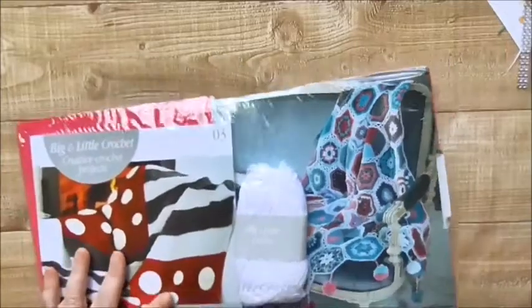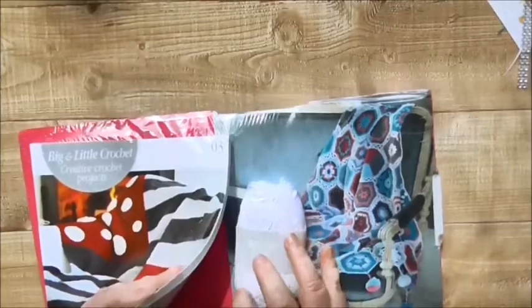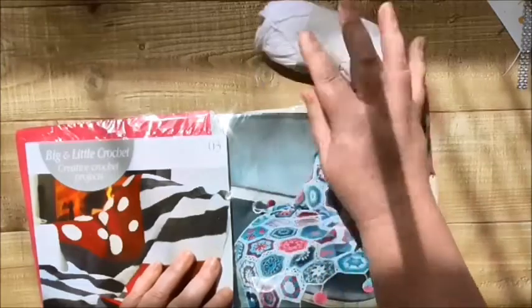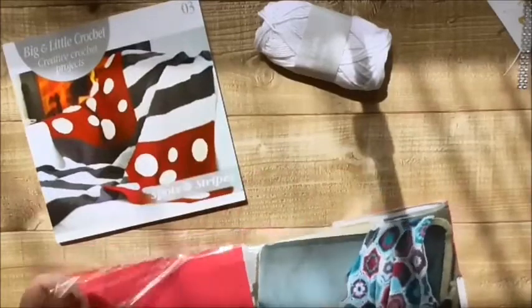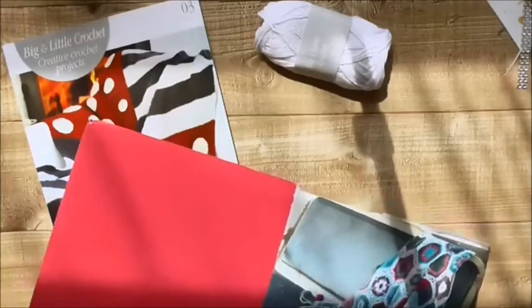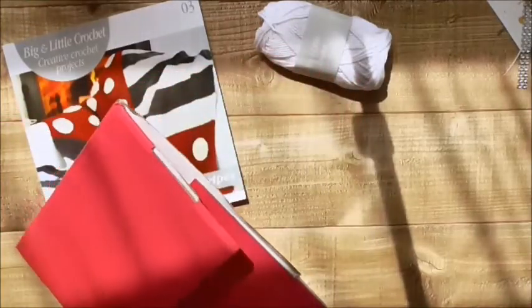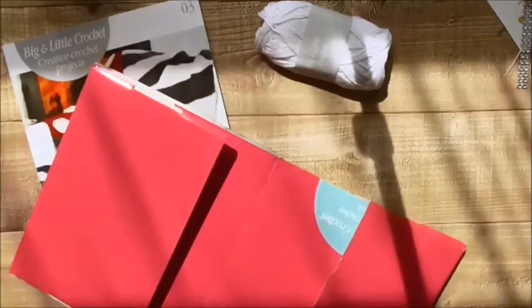I'll put issue 4 aside for a moment. And it's come with some white cotton, 25-gram ball. It's come with the book, which I think I've already said I do love the books, and it's come with a storage case. It looked a bit more substantial, the case looked plastic on the images I'd seen of it. It's just a cardboard base. So